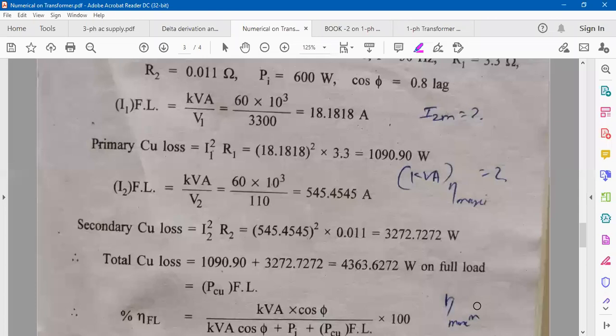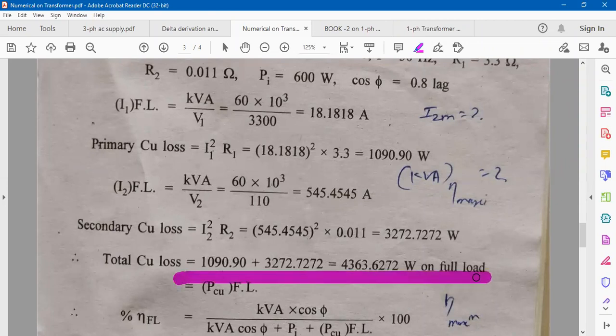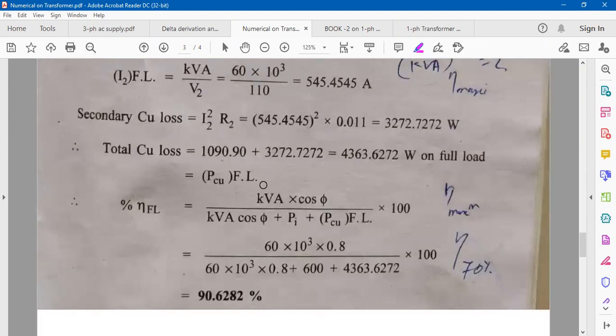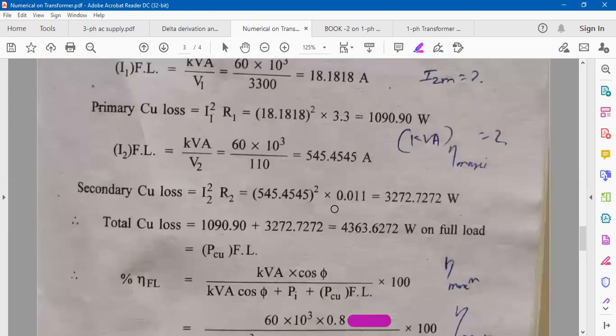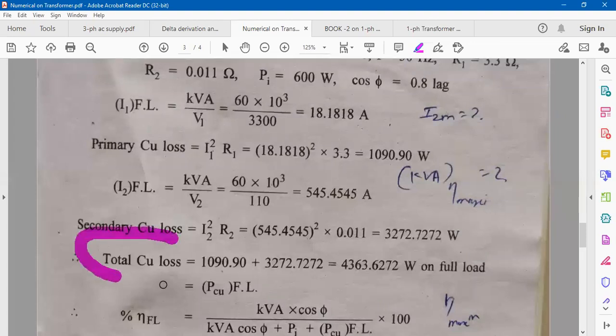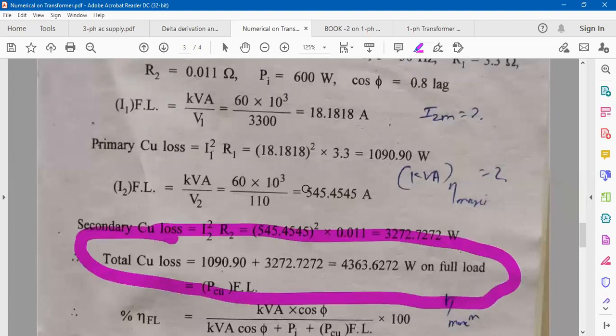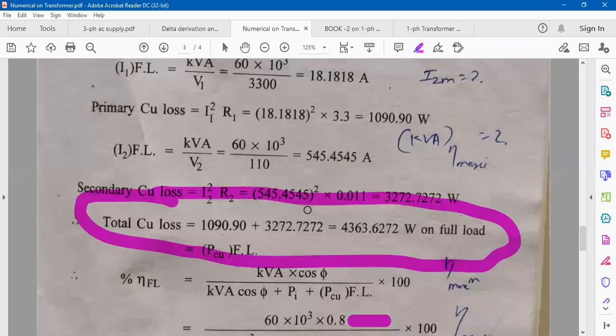Keep all three formulas in your mind so that wherever required you can use them to calculate the full load copper loss. And one general formula is I1 square R1 plus I2 square R2, the full load copper loss. The efficiency formula all of you know, n is 1, kVA rating, cos phi given 0.8. So put the values and calculate the efficiency. What is important here is only how to calculate the copper loss. The rest, you only have to put the values in the efficiency formula.